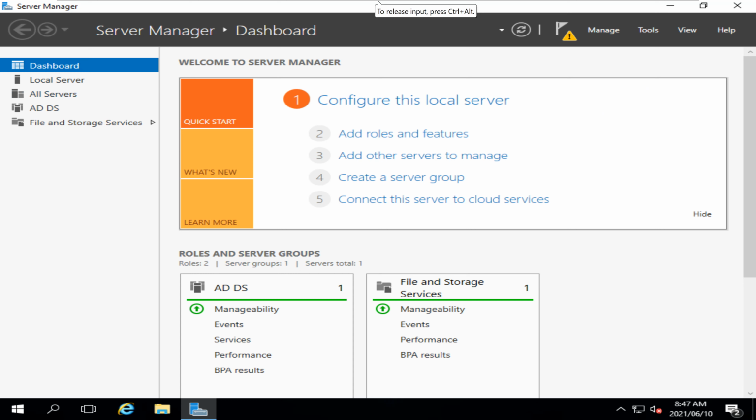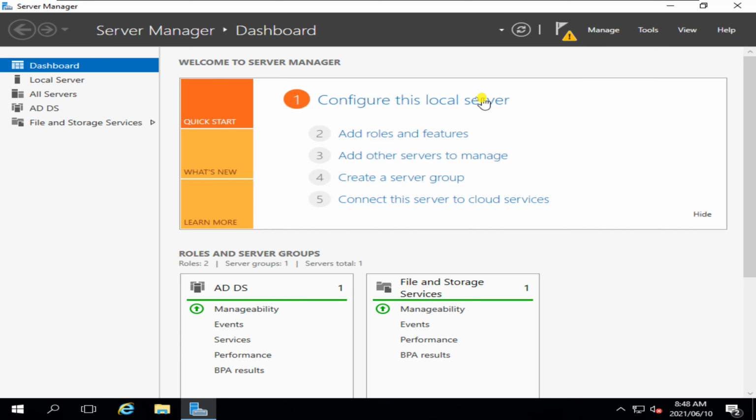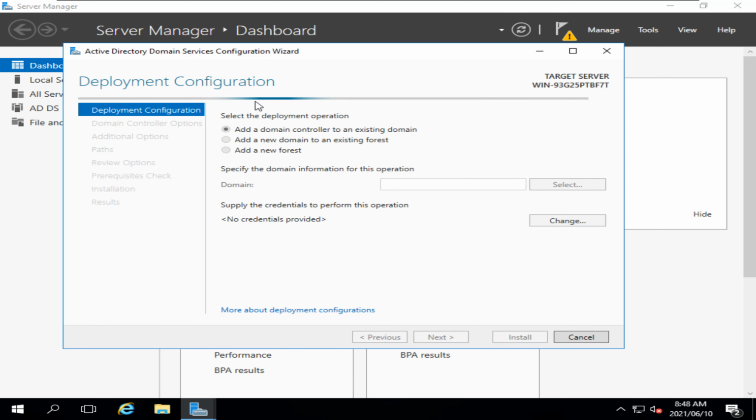you see we have this exclamation. You'll see, you're gonna click on this yellow exclamation, which is some sort of notifications, and then there's like a little message here. Says post deployment configuration, and we're gonna click on promote this server to the domain controller. Okay. Now we need to